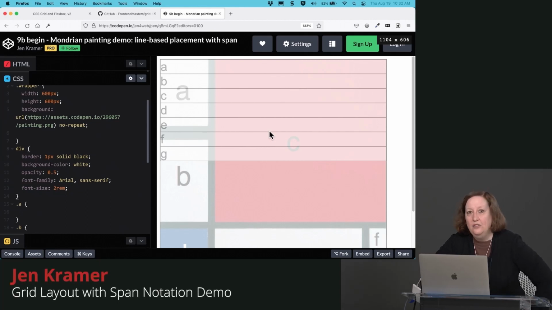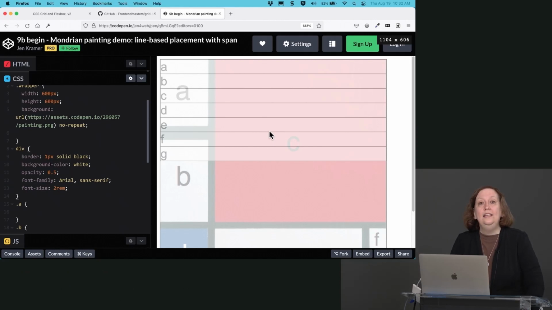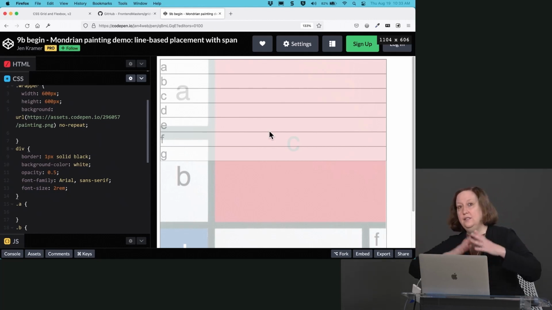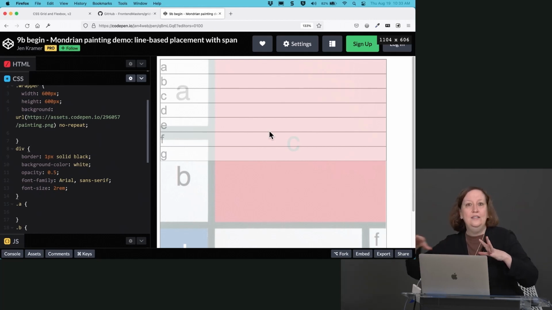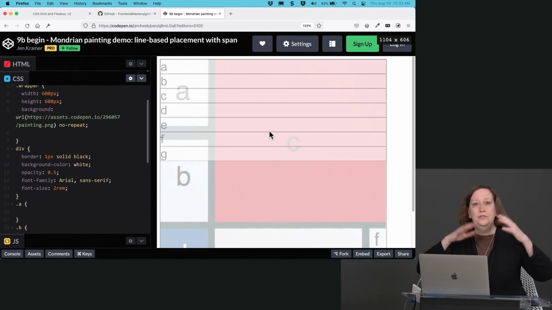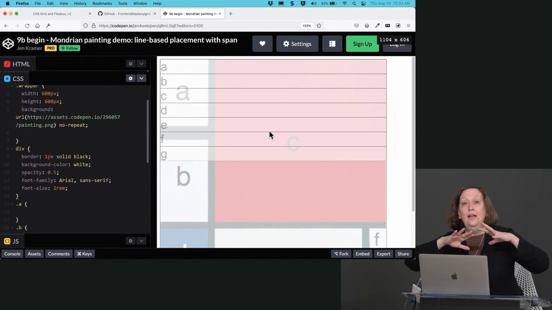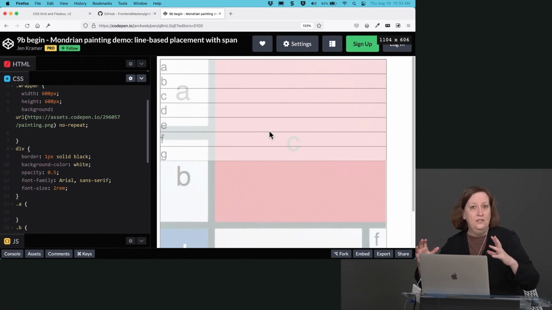Let's take a look at this Mondrian painting example one more time. This time, what I'd like to do is work on a different type of syntax and show you how that works. So rather than going through all of the details, because this is the same example that we just coded in detail using numbers, I'd like to just slide by all of the niceties of background colors and grid gaps and all the rest of that. Let's just slide right on into looking at the new syntax for each one of the positions of these particular